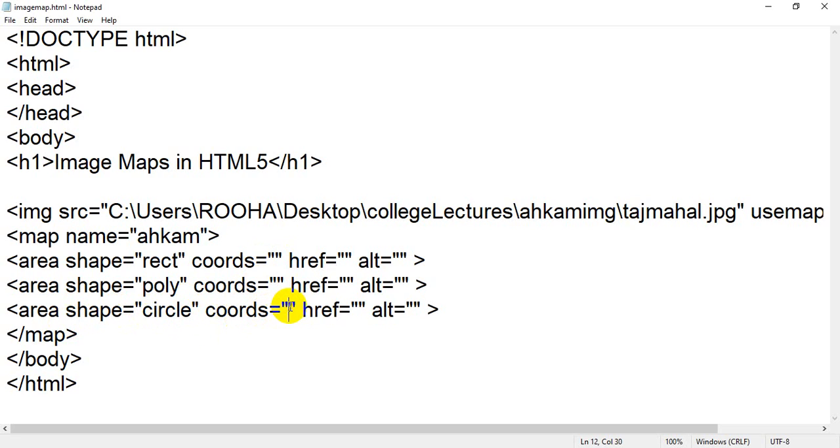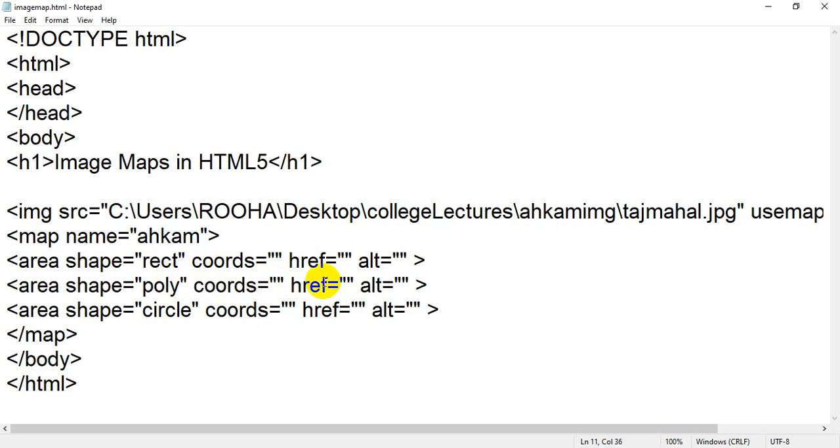Inside circle you have to take 2 values, one for the center point of your circle, and one for the radius. This is a little difficult, I will tell you, but these two, the rectangle and polygon, are very simple and very similar. Inside rectangle you have to take 2 points, meaning 4 values, x y, x y. In the same way here you have to take minimum 3 points, because a polygon is not a fixed shape, so you have to take a total of 6 coordinates.